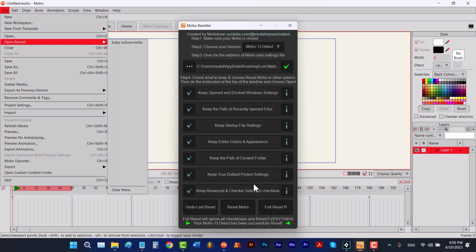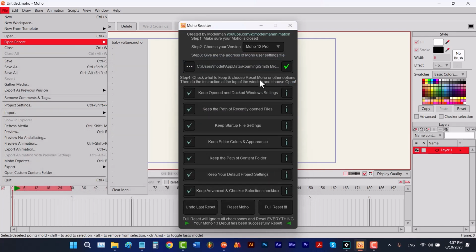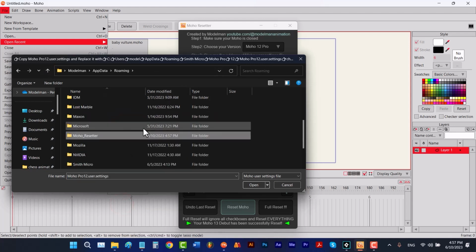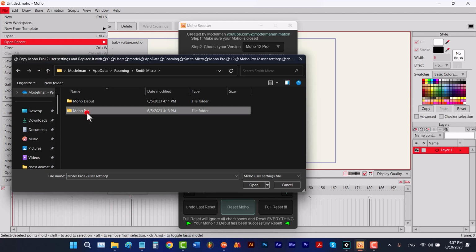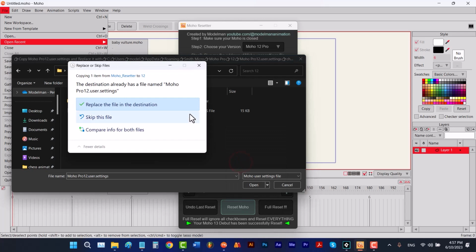To reset your Moho 12 Pro, you click on here and choose your version. Then you go here and double click on your file. After that, you have to click on Reset Moho. It says copy this file and replace it with the file in this address. So we copy it. Go back, go to Smith Micro, Moho Pro 12, right click on here and choose paste and then replace, and